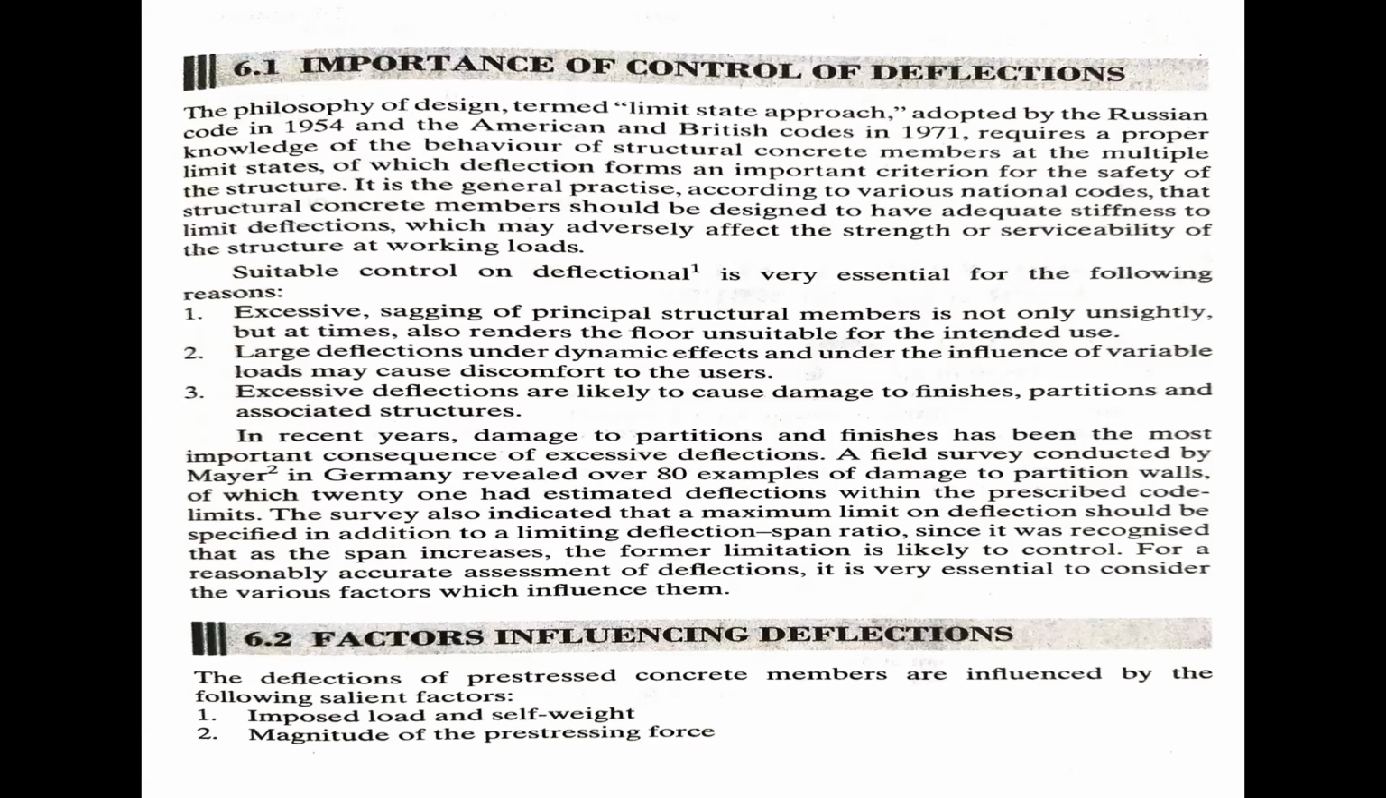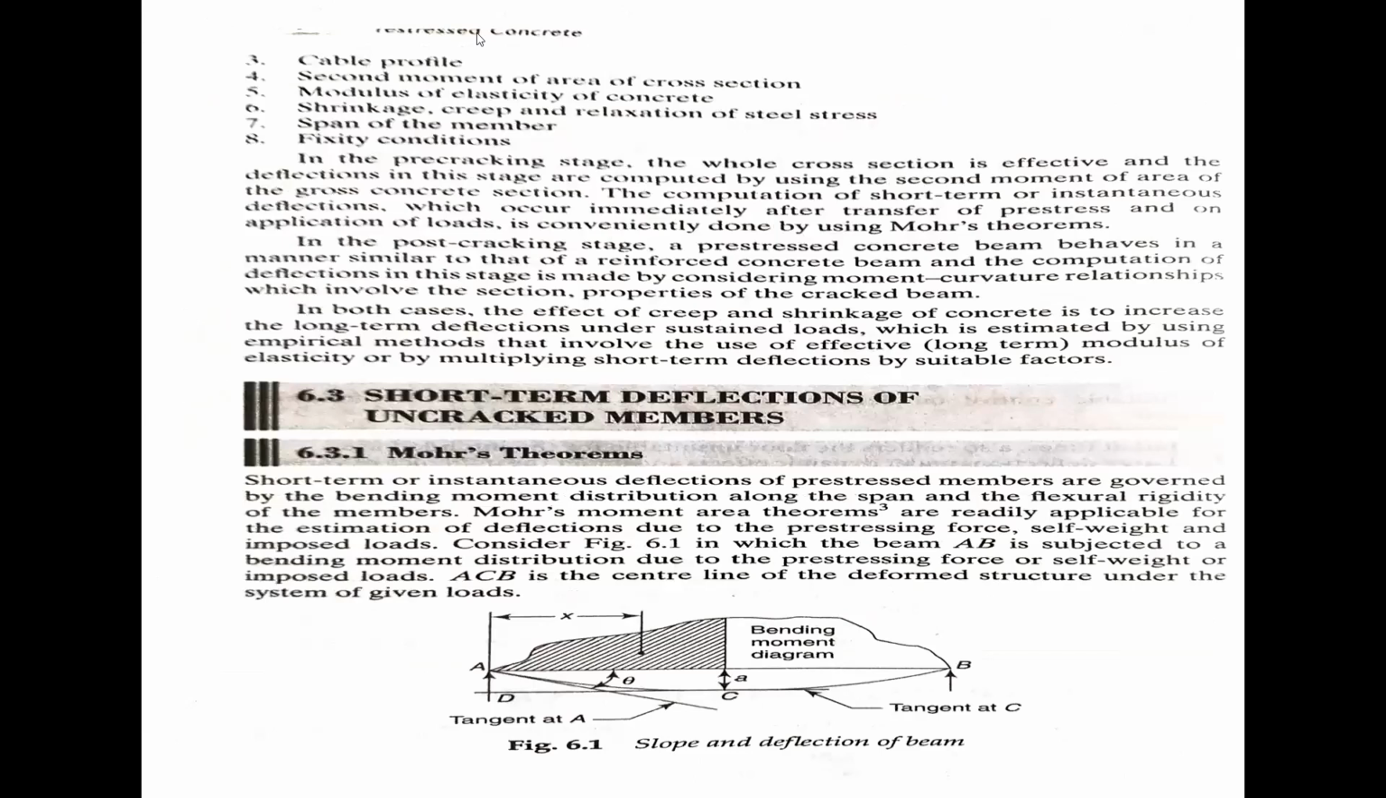The second one is the magnitude of the prestressing force. You have to apply the prestressing force, and there are two systems for applying it: pre-tensioning and post-tensioning. Another factor is cable profile. The third one is cable profile, and second moment of area of cross section, and modulus of elasticity of concrete, and